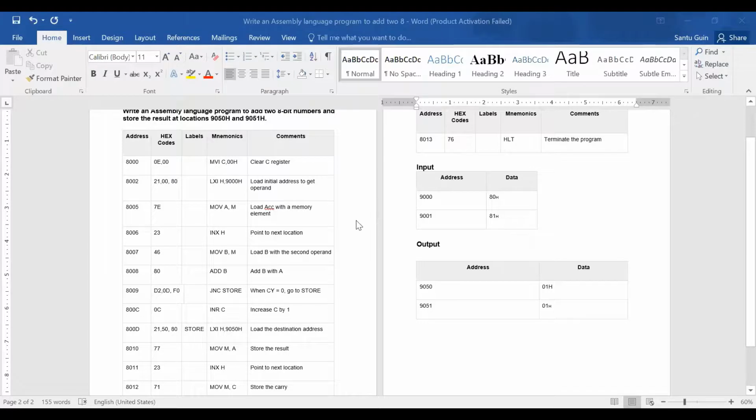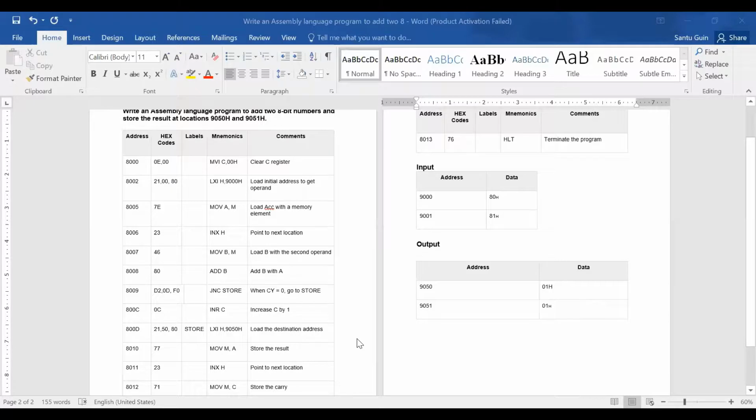Sir, the INR C that is there, will it increase by 1 byte, sir? 1 byte, no, 1 bit, sir. Yes. A byte equals 8 bits. Any number is increased by one, meaning one bit is increased in this context of microprocessor bit and byte operations. So this will be increased by 1 bit, because if it is written in binary form as 0 0 0 0 0 0 0 0, what will be the next number? 0 0 0 0 0 0 0 1.